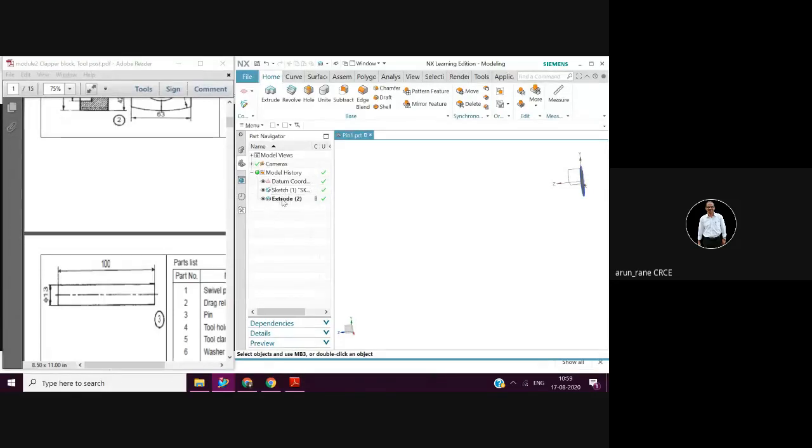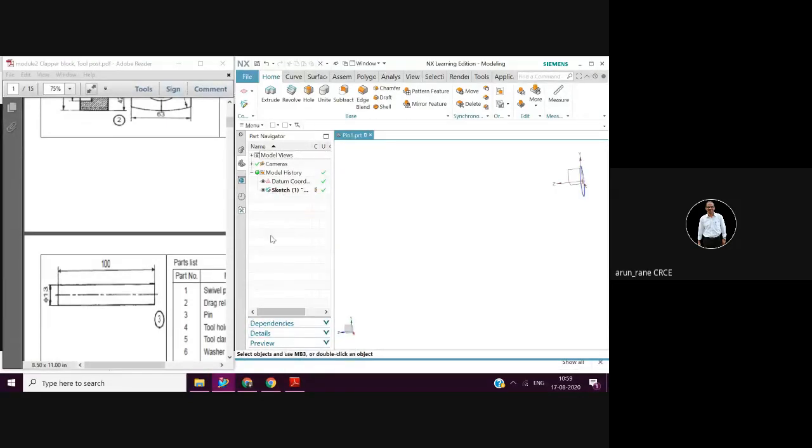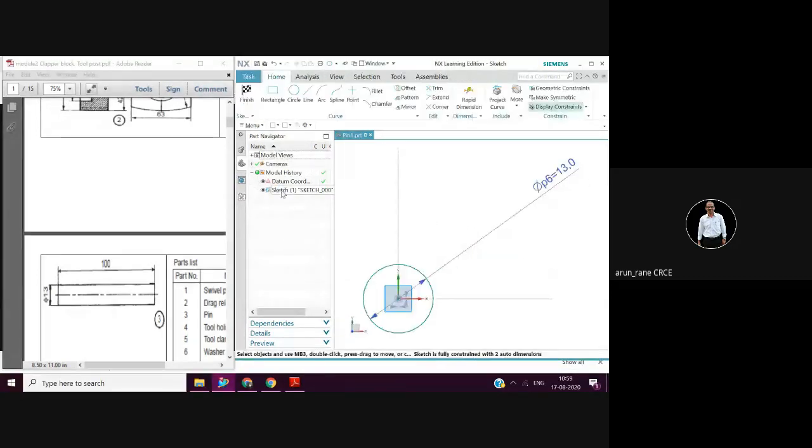I'll go to extrude. I will delete it. There's a delete option, just to make you familiar. Then I'll go to sketch again. Again, I will delete the sketch.